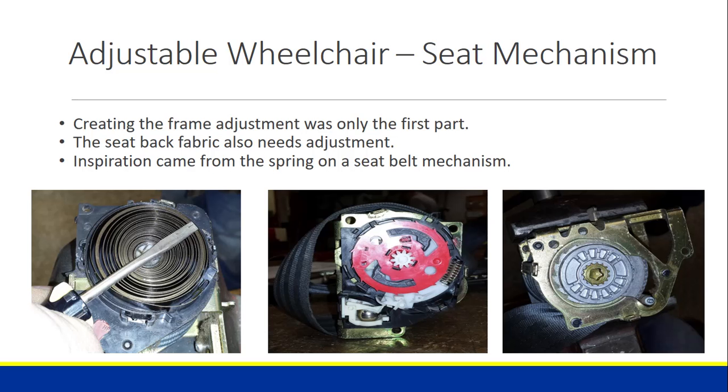So one of the members of our team actually came up with a brilliant idea of using a ratcheting system from a seatbelt. So this seatbelt mechanism has a coil spring, so it allows the seatbelt to retract, but then when the ratchet and pawl system engages, it keeps it from going back in. So the same thing here. We came up with a system to incorporate a ratchet and pawl system where you would disengage the fabric while you were adjusting the seat, and then re-engage it when you wanted the fabric of the seat back locked in